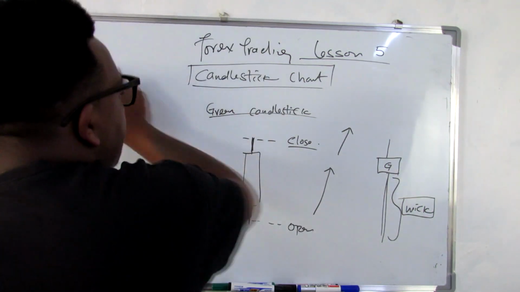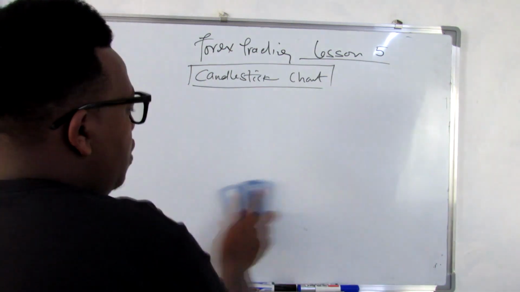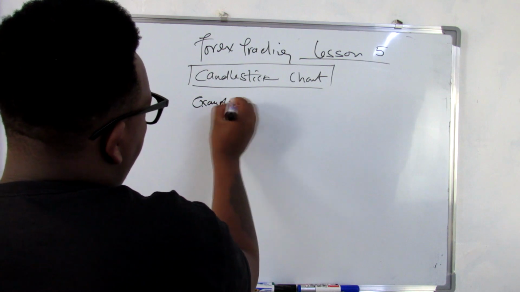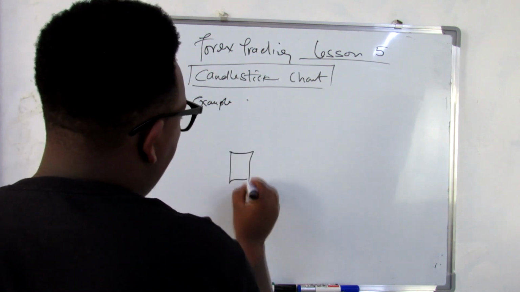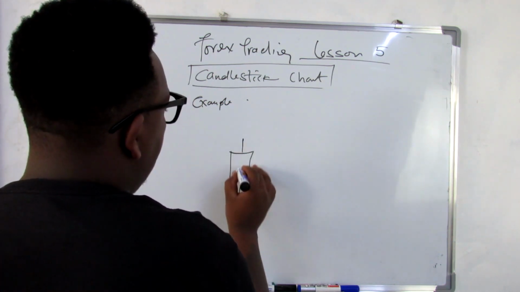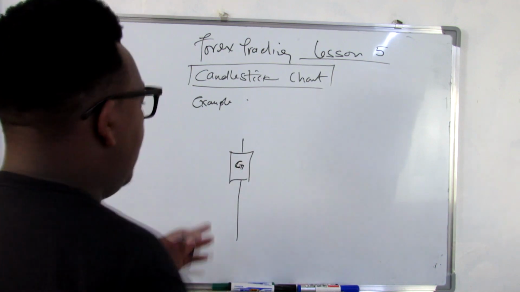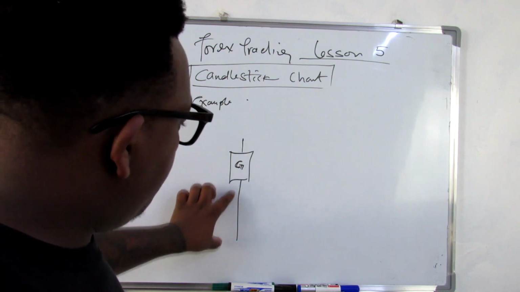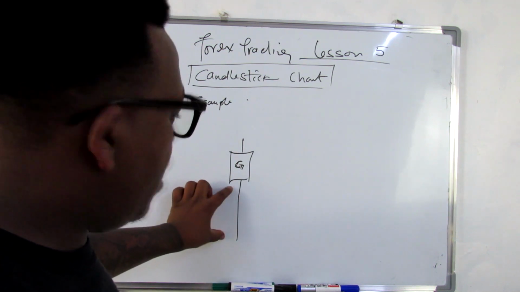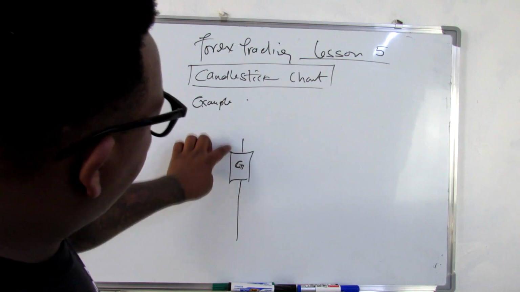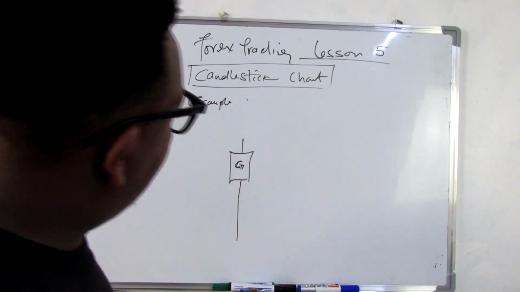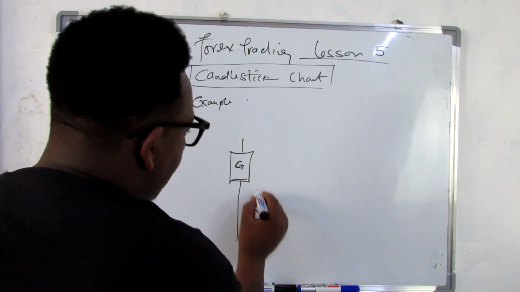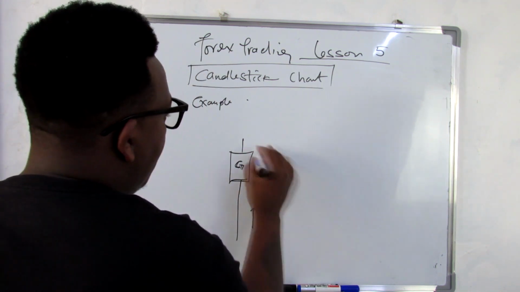For instance, let me just give you an example right here real quick. We have a candlestick which looks like this, and of course it's green. In this case, what the market is telling you, depending on the size of the wick, you can see on the downside we have a very long wick as compared to the upper side, meaning there's more pressure coming from this side, which made the body to be a bit small as compared to